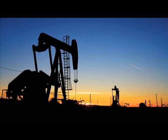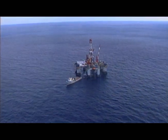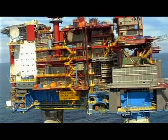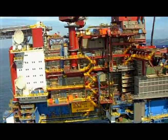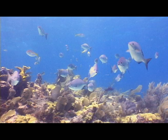Oil and gas continue to impact every human life. Let's take a closer look at recent developments in this vital industry. In the continuing search for hydrocarbons, many oil and gas companies have resorted to drilling in deeper waters in more remote locations. This requires advanced technology to not only explore and sample the seabed, but preserve the unique environment and